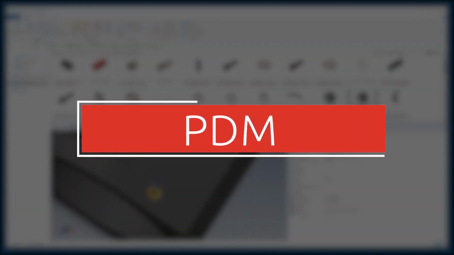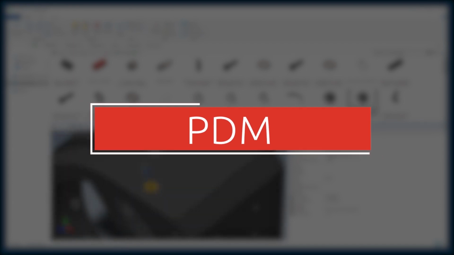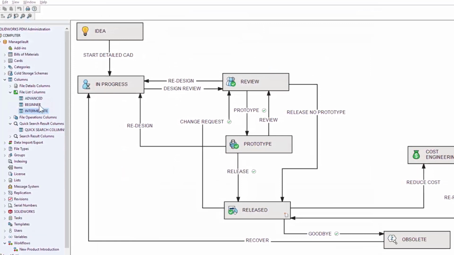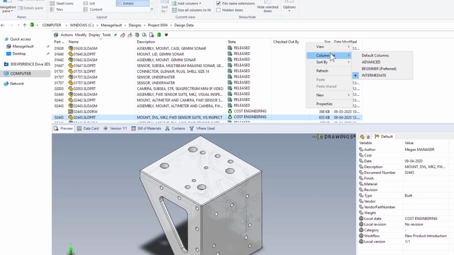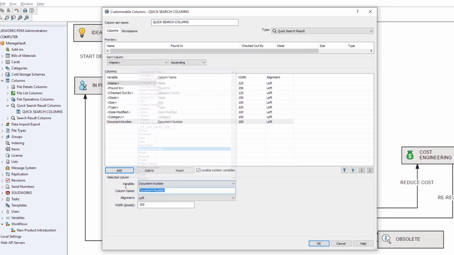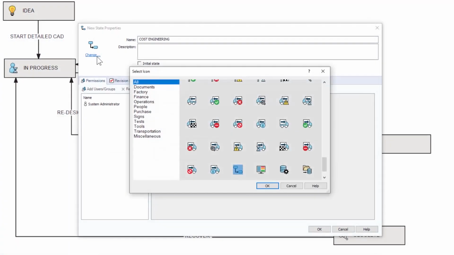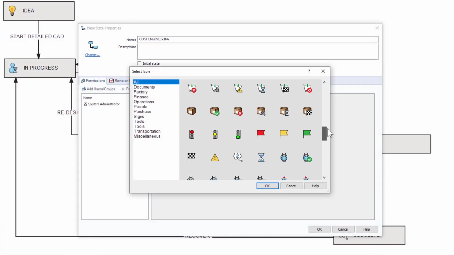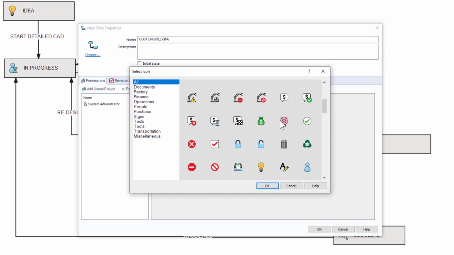SOLIDWORKS PDM 2021 adds a number of enhancements to improve the user experience. Administrators have been given more control, and the interfaces for defining workflows and viewing where used and contains information have been drastically improved. For administrators, the new and updated icons for states and transitions in PDM 2021 will help to